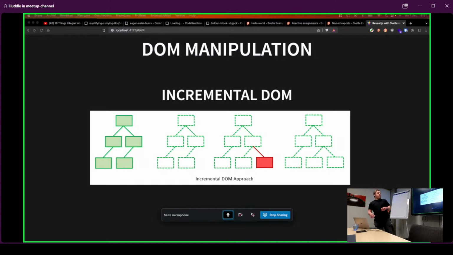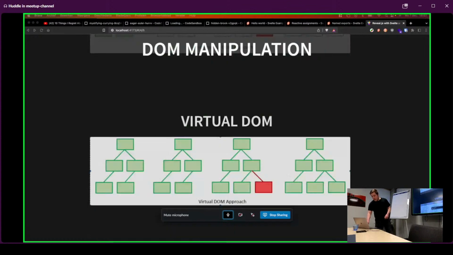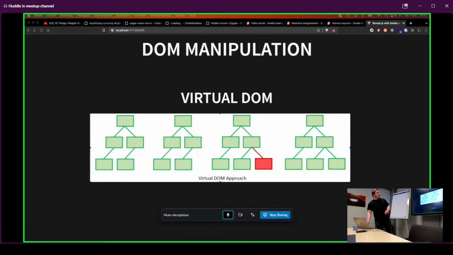Yeah, it still needs a runtime to make it work. So that is a bit of a thing, but it doesn't cost very much memory. But then later on, and this is what React pioneered, and later also frameworks like Vue use,